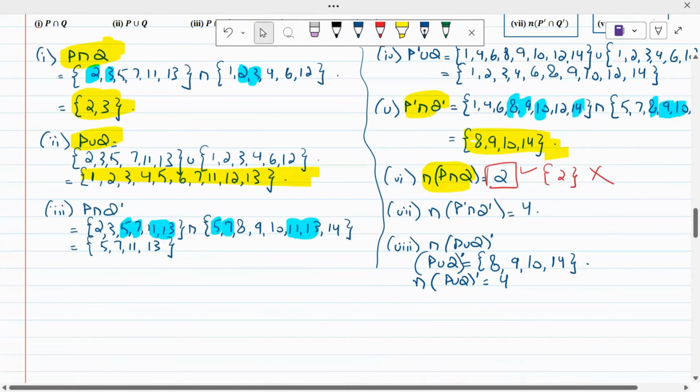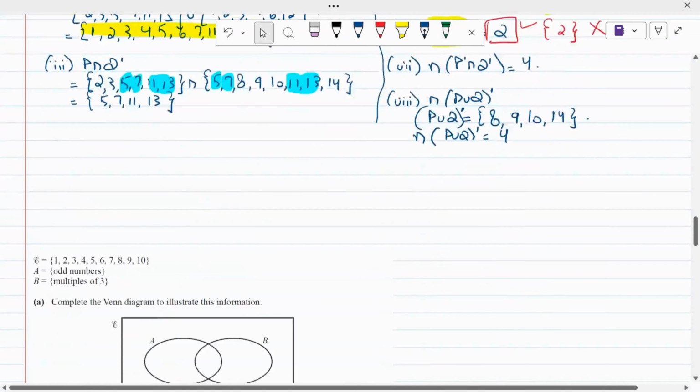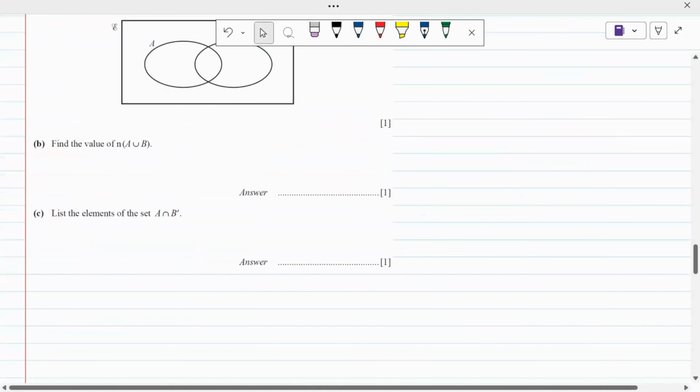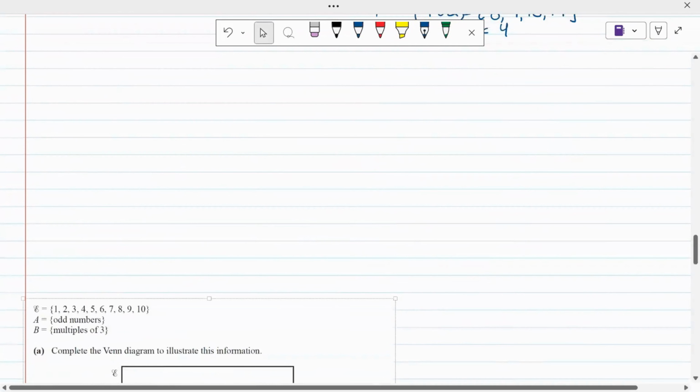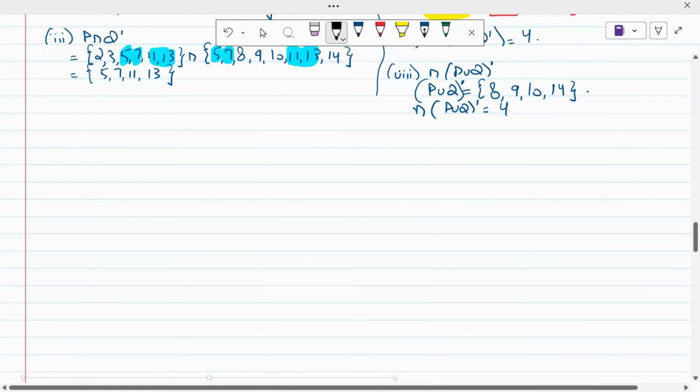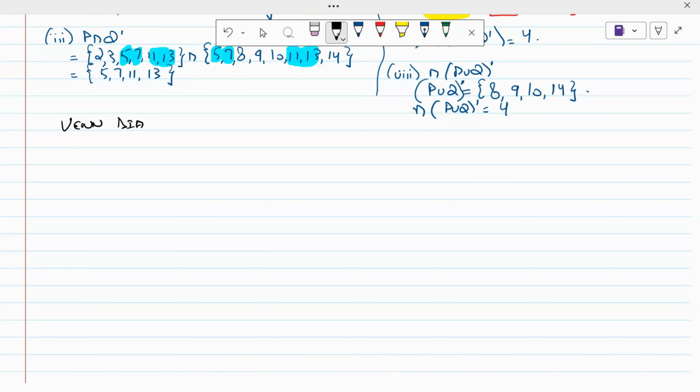Another concept is called Venn diagrams. How do Venn diagrams work? When we say Venn diagrams, a Venn diagram is the representation of sets